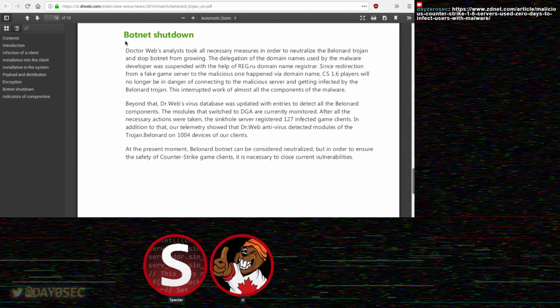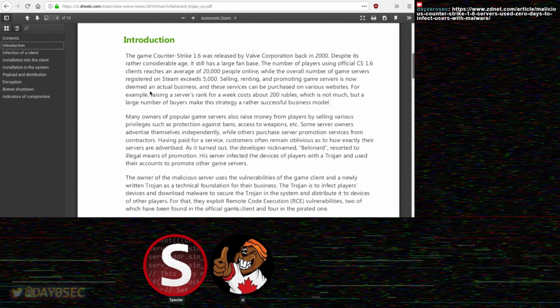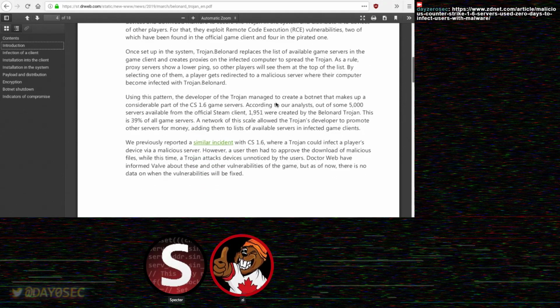So what was the time frame that they mentioned, or did they mention in the larger report how long ago they had reported this? I don't remember seeing where they said that. Yeah, I don't recall seeing it. Maybe it just says we previously reported a similar incident, but